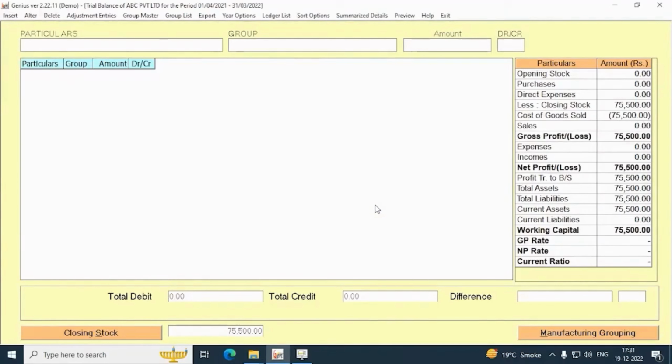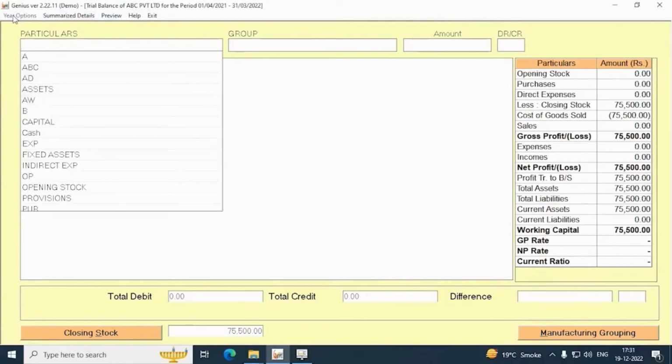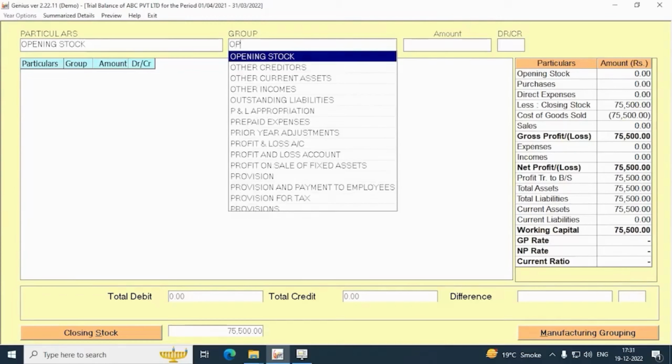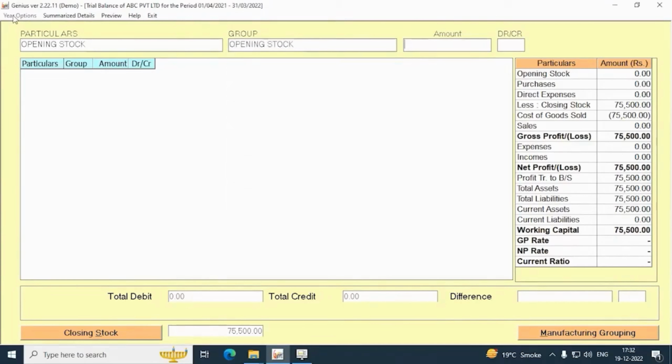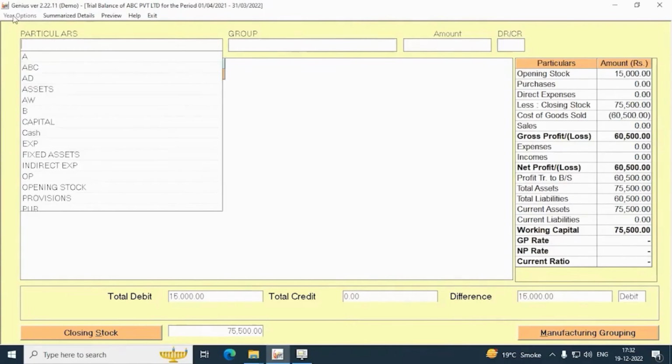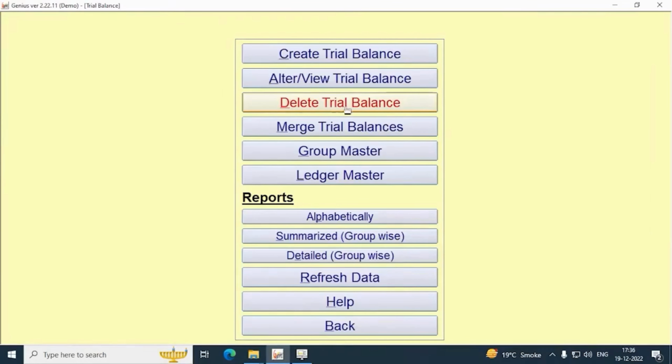There are various options provided like Insert, Alter, etc. By clicking on Insert, you can add the particulars, select the group and the amount there. Some other options are also provided there, like delete the trial balance and merge the trial balance.